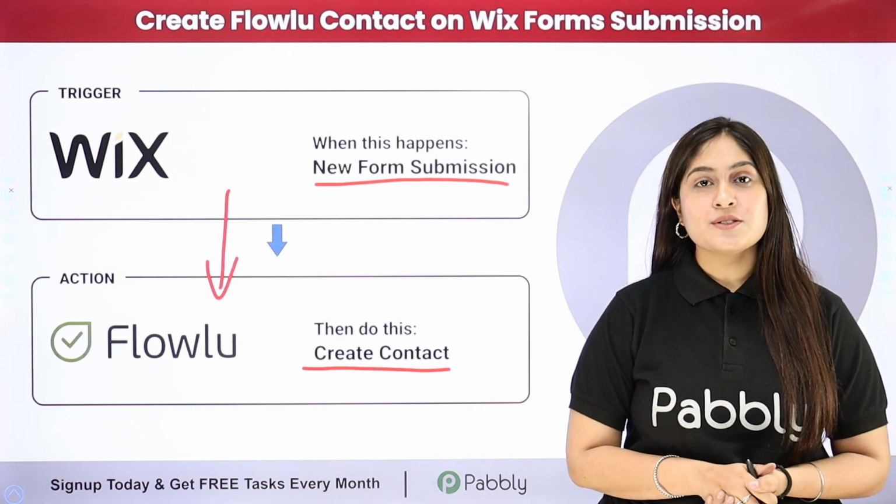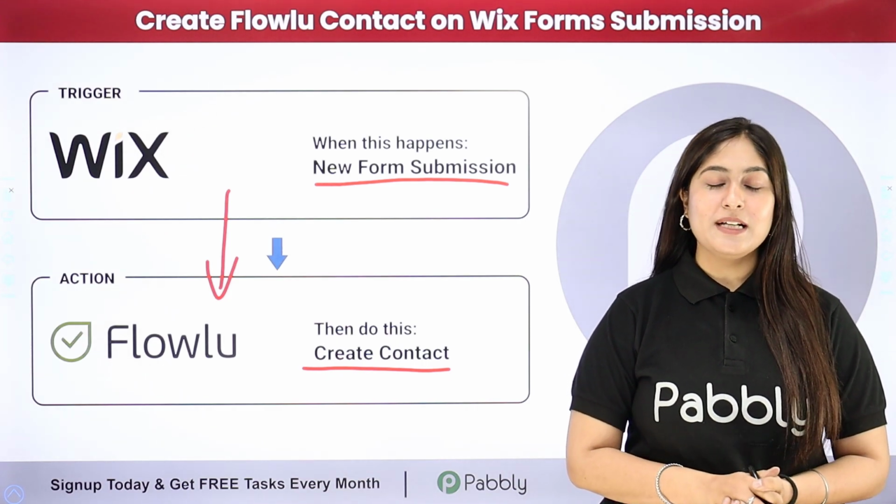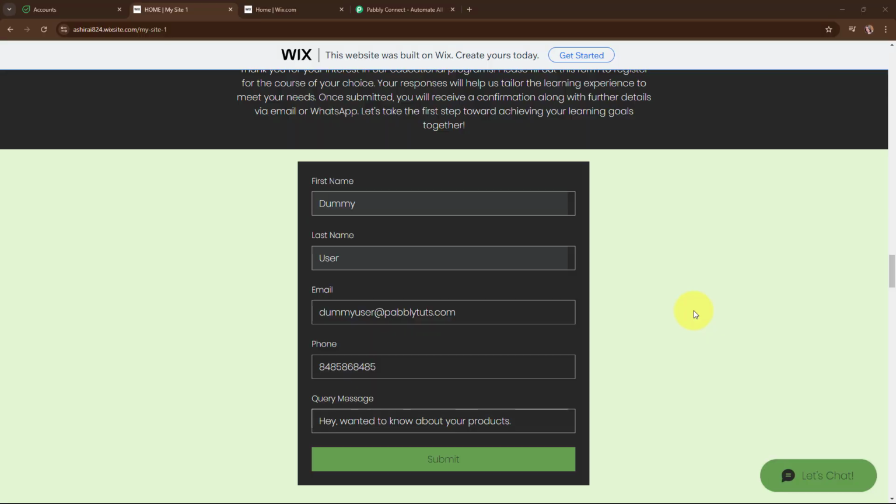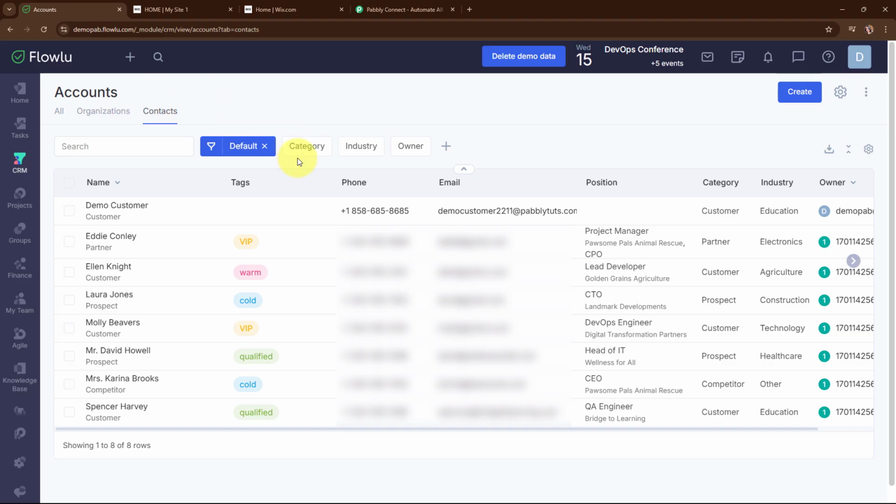So to see the working of this automation and to learn this process step by step, let me take you to my screen. Welcome to my screen. So I run my business website on Wix and I use forms to capture inquiries from visitors. So now manually transferring these form submissions into Flowlu for follow-ups was time consuming and prone to errors. So with this automation, every time someone submits a form, their details are instantly added to Flowlu as a contact. This helps me save time, stay organized and respond to inquiries quickly, ensuring I never miss an opportunity to connect